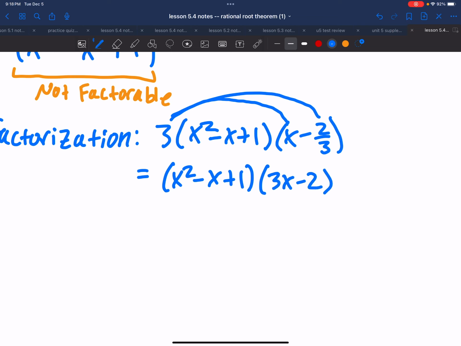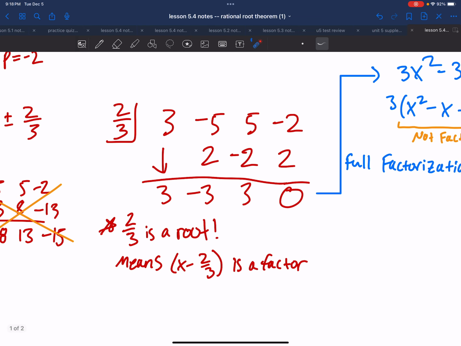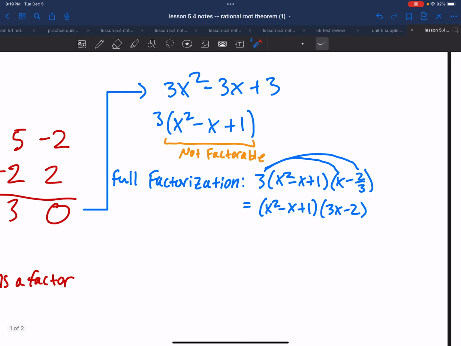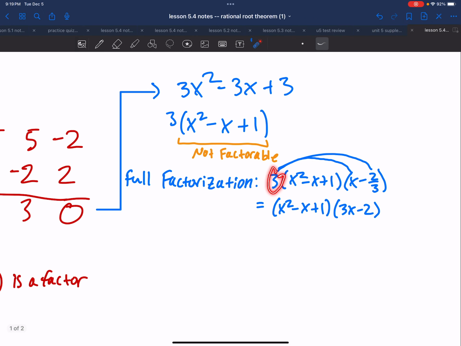So if you were questioning, hey, Mr. Spake, why didn't you say 3x minus 2 instead of 2/3? Well, when you test this root of 2/3, this is the factor you're talking about, or that's kind of assumed. The 3 is chilling out here as a result because the 3 was not part of that factor. And then the 3 distributes, and you get this, right? So that's the full factorization,